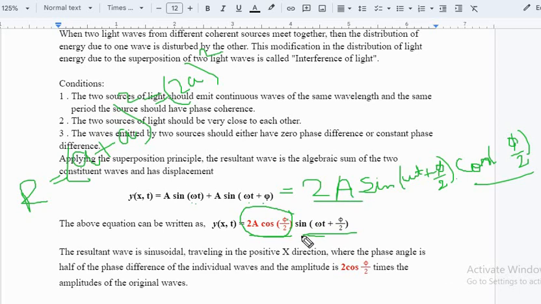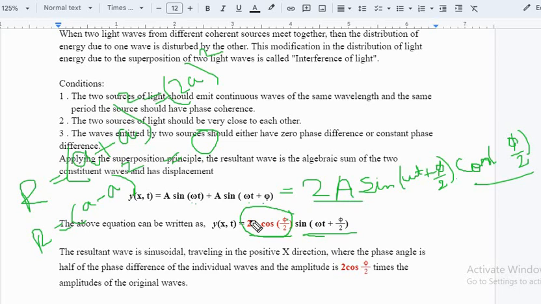Now the same concept can be considered when phi is 0. So when cos 0, this becomes 1. So the whole factor becomes 2 into A, the maximum amplitude. Now there is another case where R becomes A minus A. What is this condition? In the phasor diagram it is observed that when the phase angle between them is 180 degrees, 180 by 2 is 90 degrees. So cos 90 is equal to 0. So in this case the resultant amplitude is